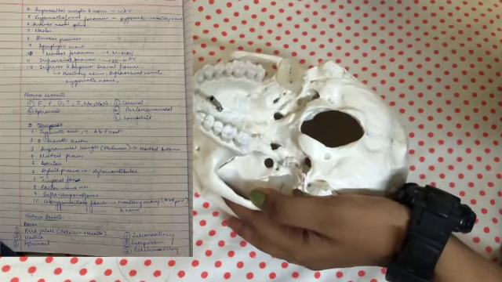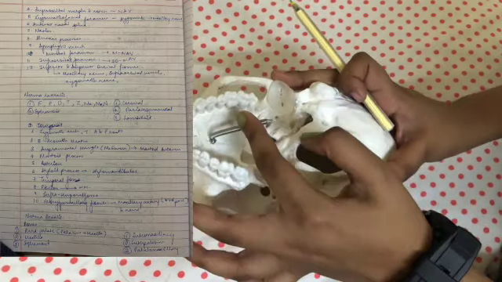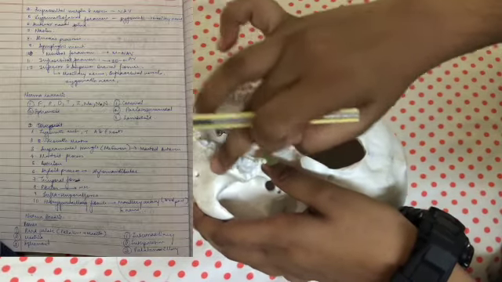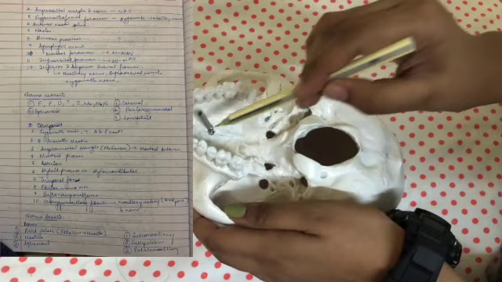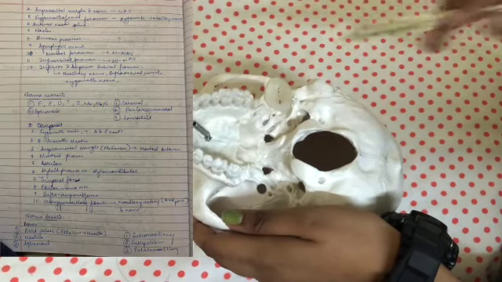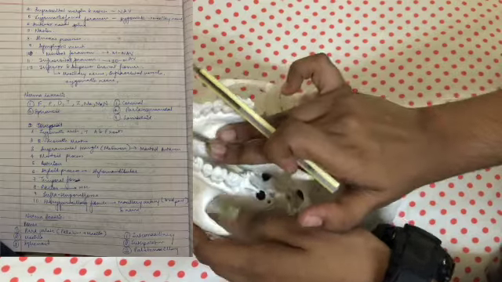So let us look at the bones that are forming norma basalis. Here you have the alveolar process of the maxilla, as you can see. And then you have the hard palate. So as you know, our mouth is made up of a hard and a soft palate. And again, as the name suggests, the hard palate is the one that you can feel above your tongue if you try putting your tongue above.